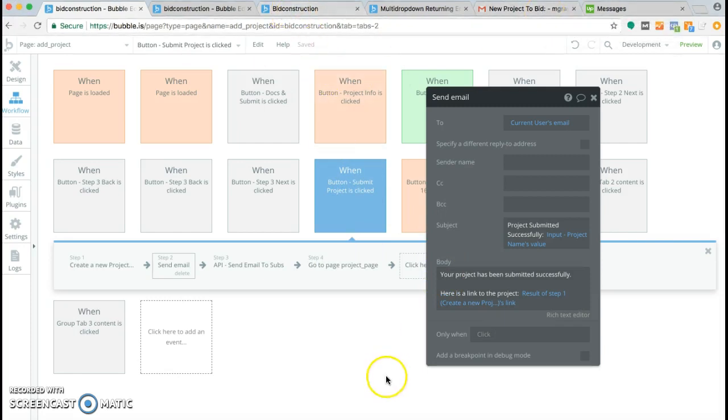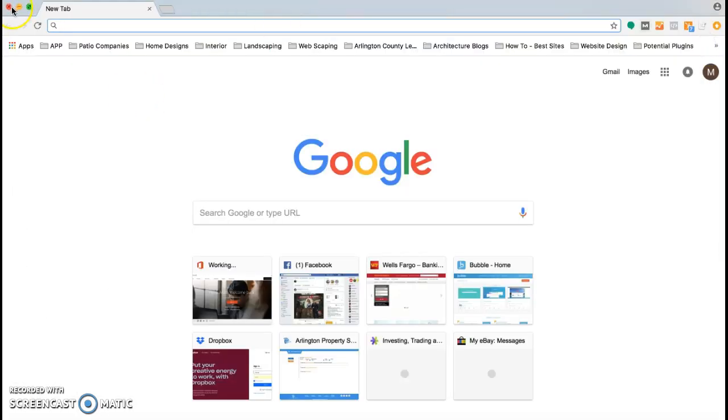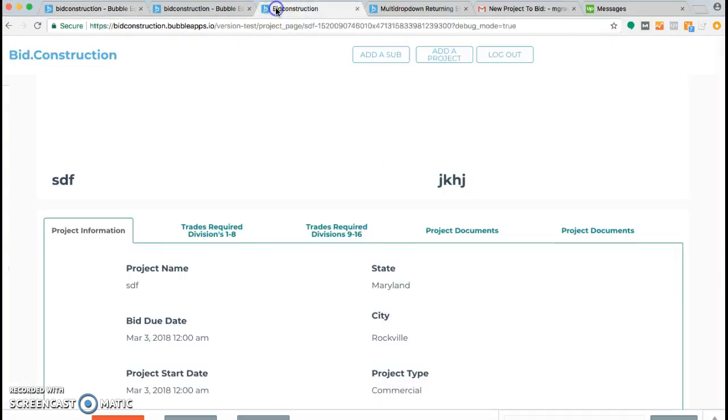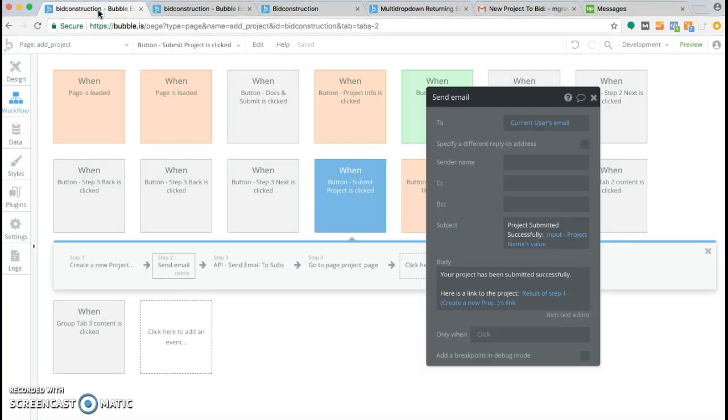Let's look at that one more time. So you successfully submitted the project. Okay, I click it, and now it goes to a blank page. It was going to the project page, which is right here. So a new project was created, and then it used to link to here. I have no idea why it's going to a dead page,